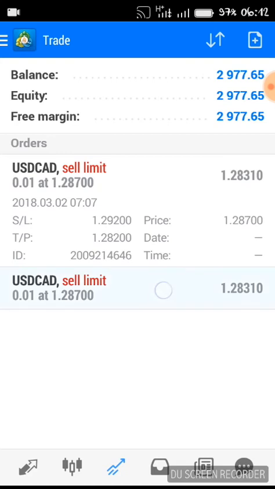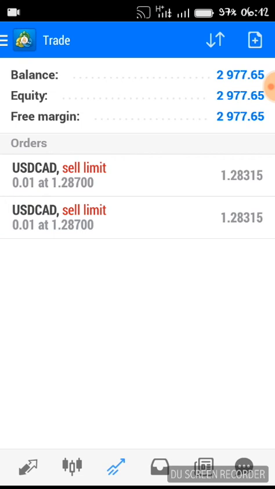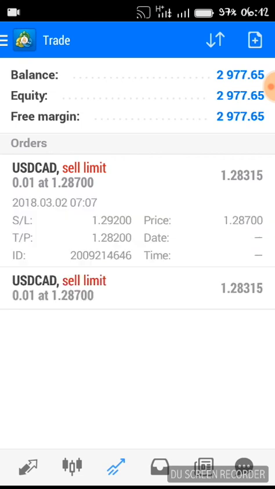This is place 2. The same information has been entered, but the take profit at this point is different. So when the price of the market gets to 1.28700, it will initiate that market for me, and I'll begin to see the market to be active. When it gets to my take profit, which is 1.28200, it will also close the market for me